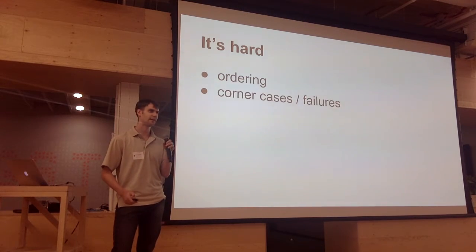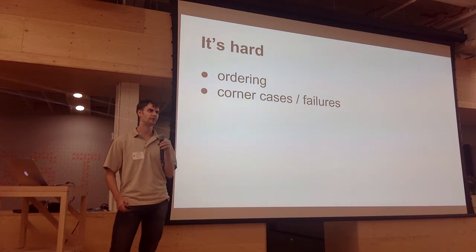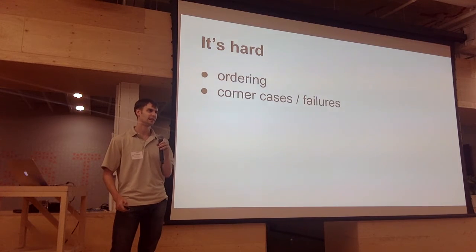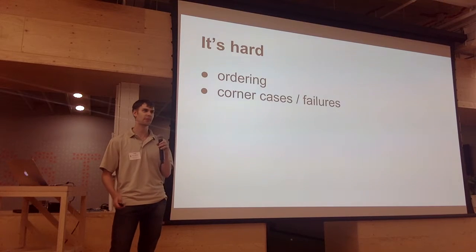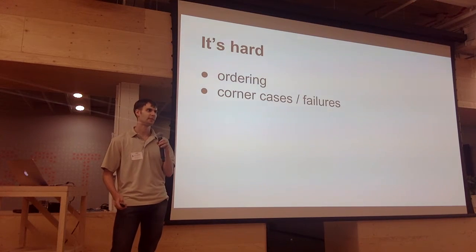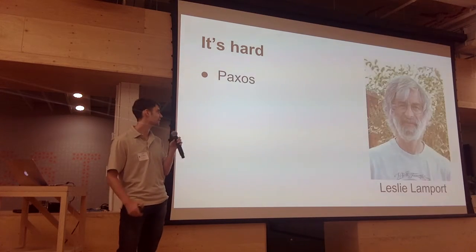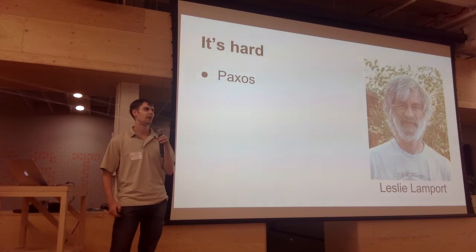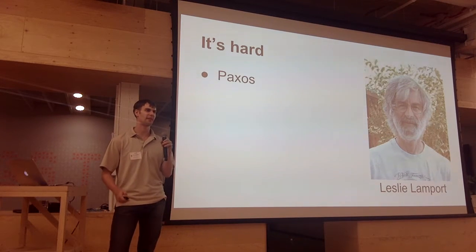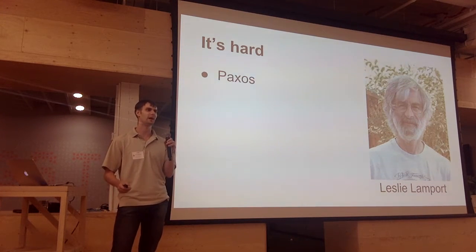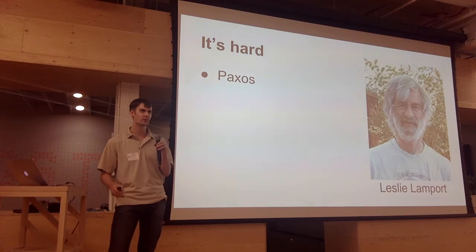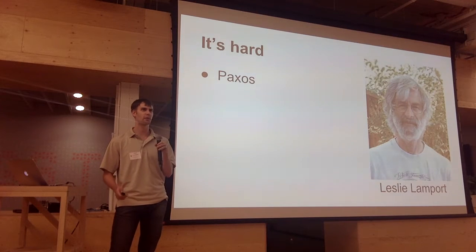So you have to deal with ordering, and just in general, there are a lot of different corner cases that you have to kind of figure out how to deal with and make sure that you deal with properly, and it's really hard to do well. This is actually how systems were made before we had Paxos, which was the first proven consensus algorithm. What people had to do was they would come up with the happy path. It's easy. When everything goes well, their algorithms would usually work. But when things went wrong was where usually there would be some weird corner case that you wouldn't be able